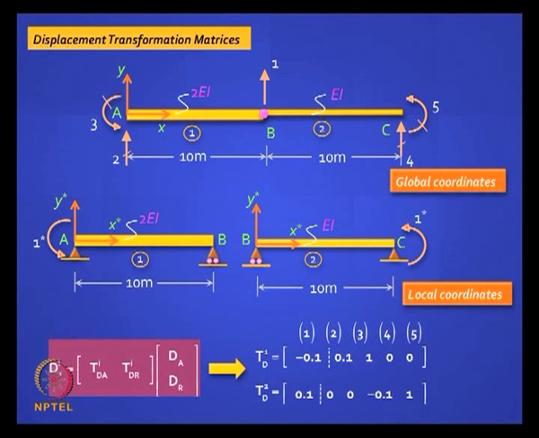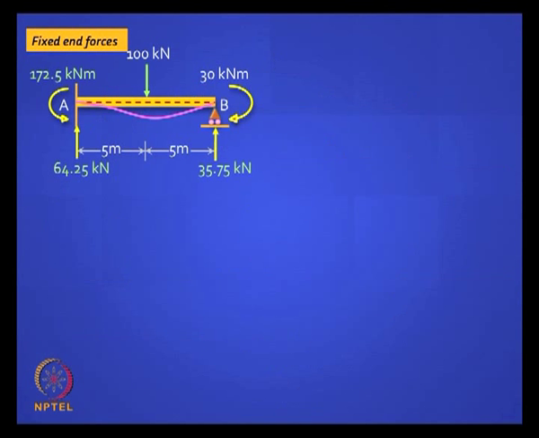Second column, how do I fill up? Second column is simple. I lift up this. If I lift up this, I have a clockwise chord rotation for this and nothing for the second one, so I get anti-clockwise positive 0.10. Third one, this will give me 1 here and 0 here and so on and so forth. Very clear, simple, easy to do once you get the hang of it, right? Okay, we will move ahead.